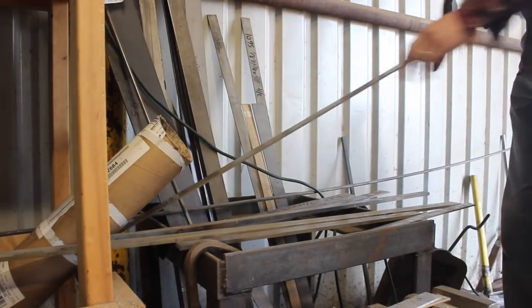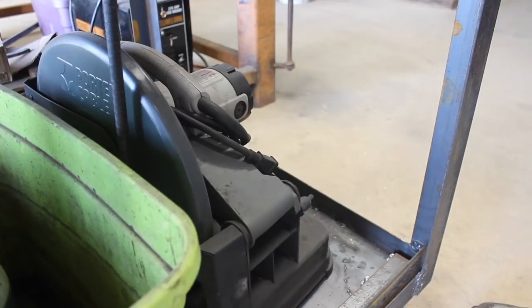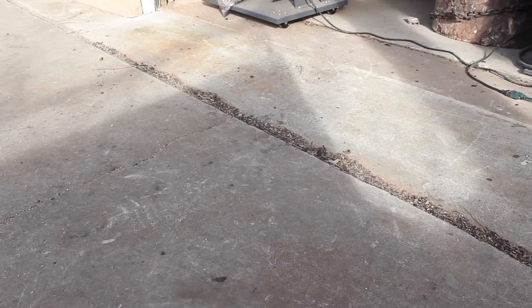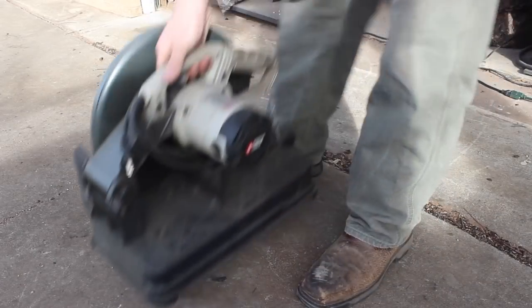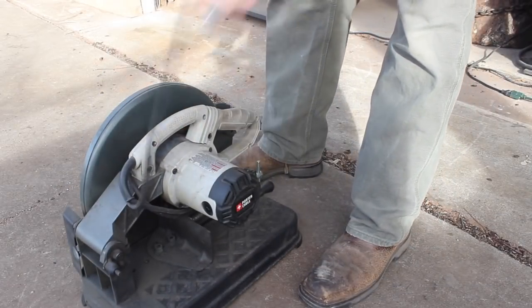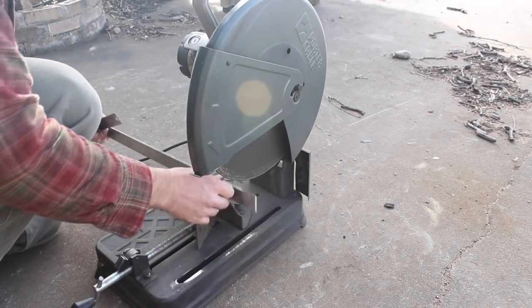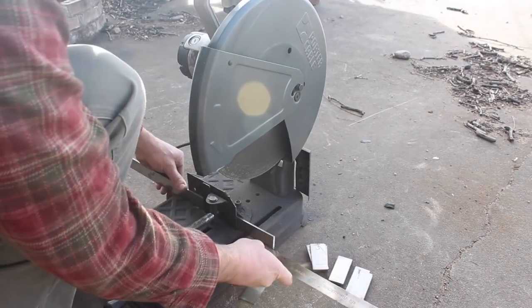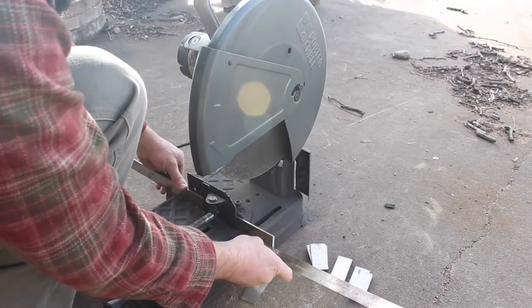Here we are again, ready to forge something cool, sharp, and useful. So grab a piece of 1095 high carbon steel there, and I'll combine that with some sawmill blade, 15N20. So I'm forging a little neck knife,